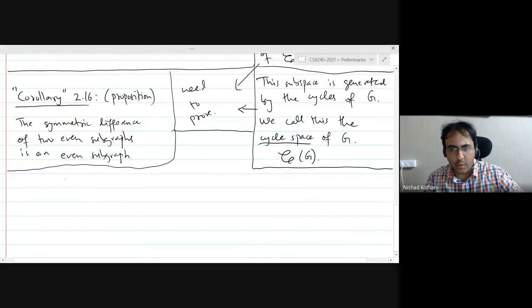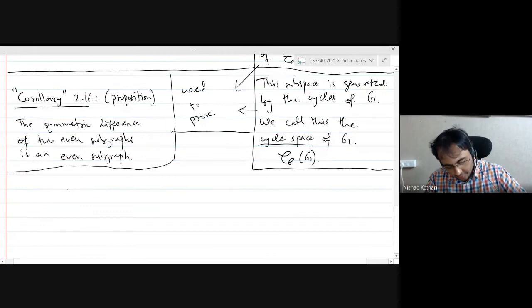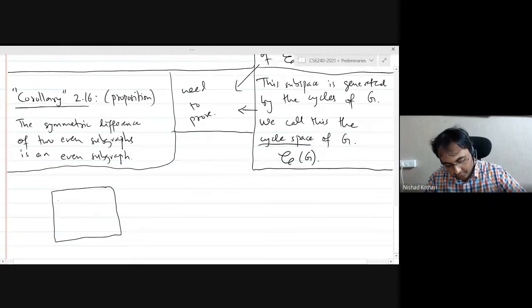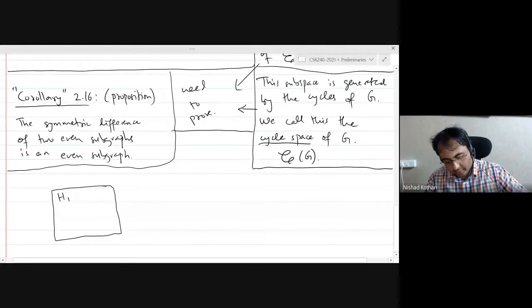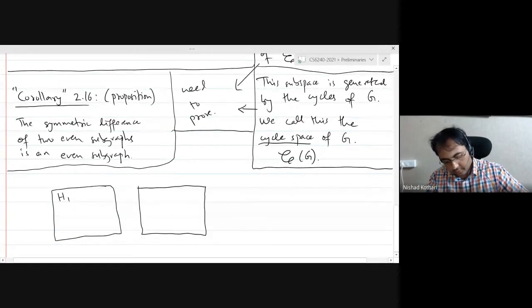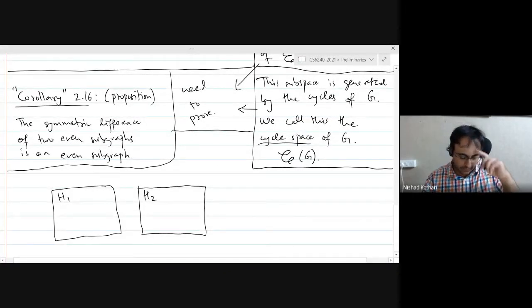So what does that mean? We have two even subgraphs. I'm not going to write down rigorous proofs for many parts of this course, especially when things are really straightforward. I'll give you intuition, and it will be your responsibility to write down rigorous proofs in those cases. Of course, the difficult theorems we will write down rigorous proofs of, but in general I will focus much more on intuition instead of wasting time over rigor when proving simple statements.